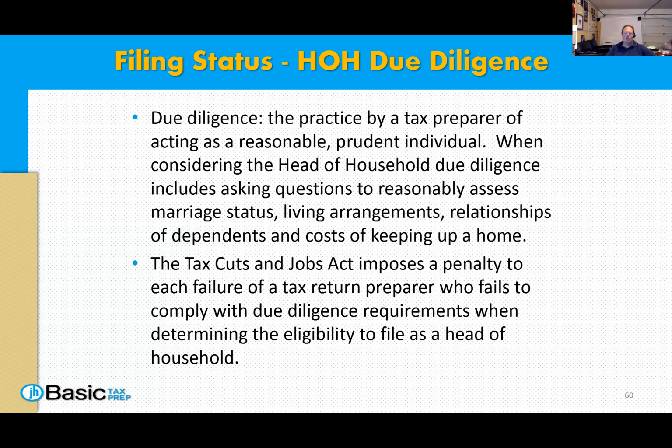So make sure in your due diligence that the person actually lived with them for over half the year, that they're the primary person that they lived with, because that's the biggest thing. Brother and sister, turns out they didn't actually live with them. Next thing you know, they can't claim them for head of household, and as a result, they're in a world of hurt.